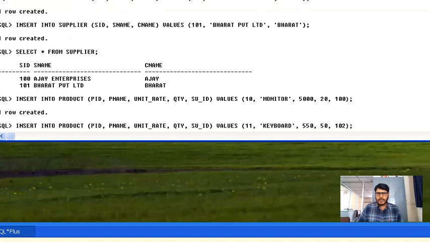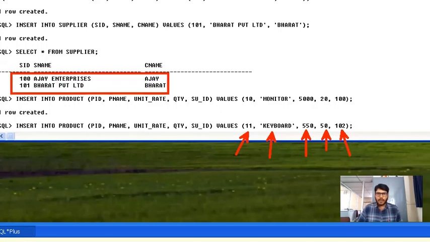I am trying to insert the value for the product table here, and you can observe the product ID is 11. Product name is keyboard, 550 is the unit rate, 50 is the quantity, and 102 I'm trying to insert here. As you can see, there is no such record with the supplier ID 102 in the supplier table.